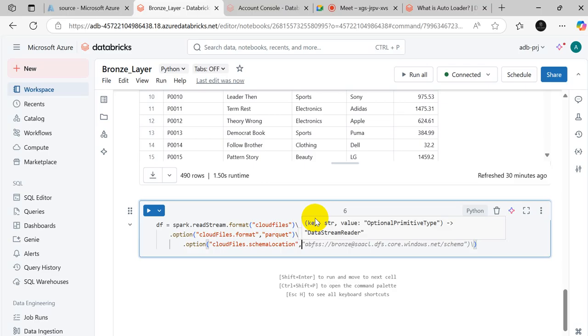We have to load our schema location. So the schema location will be created in the bronze layer. So we are trying to create a schema location folder. Let me first write, then I will explain to you. So I will write in bronze. It is already giving me the option dfs.core.windows, but I like to write by myself. And in this folder,